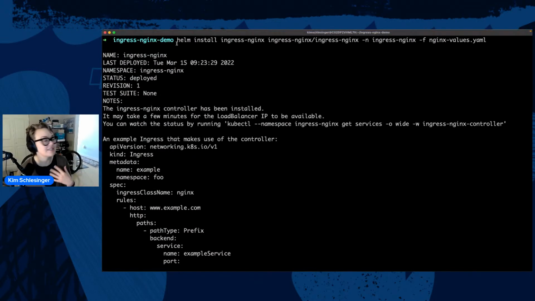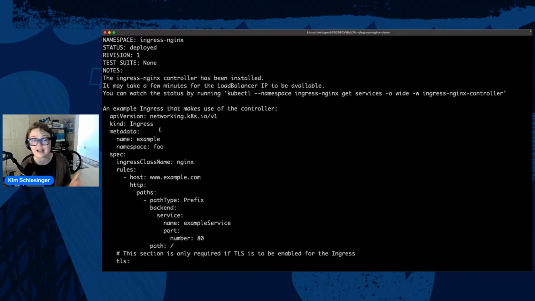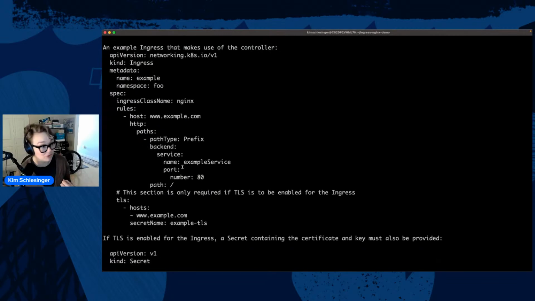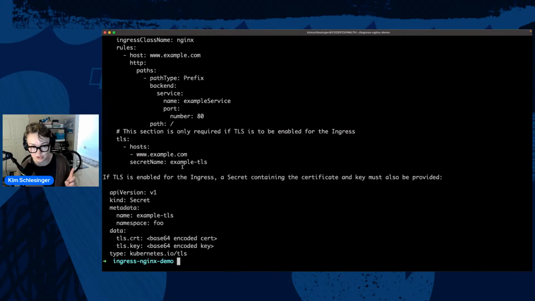All right, so this looks like good news. We get this message from Helm. It basically says, hey, I created a Helm release called ingress-nginx. It is deployed, and then the Ingress Nginx team has given us an example Ingress that we can use. We'll do that in a few minutes.